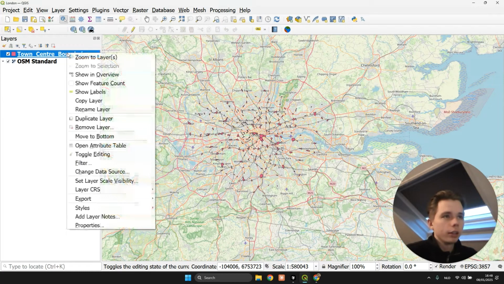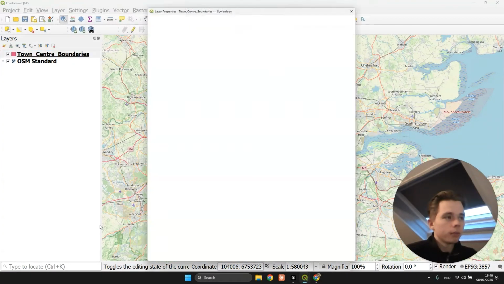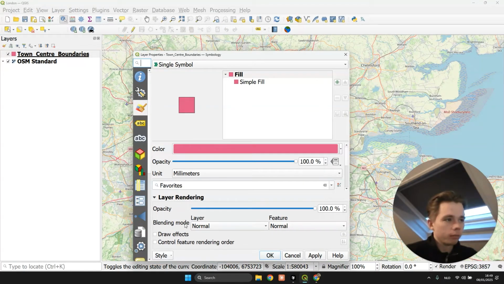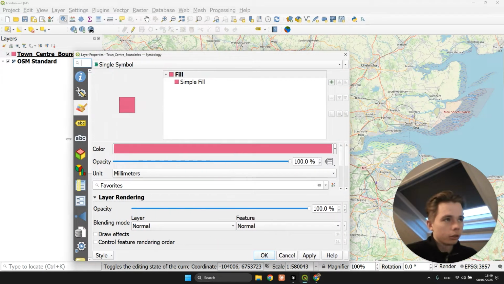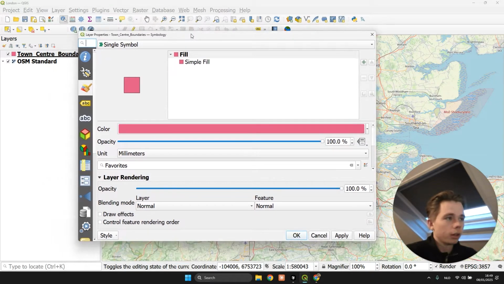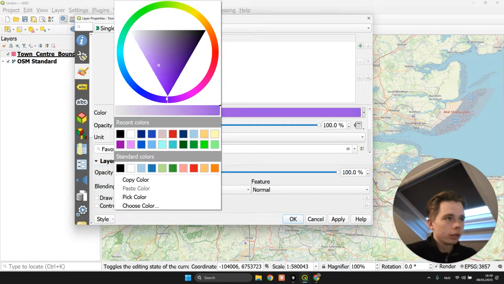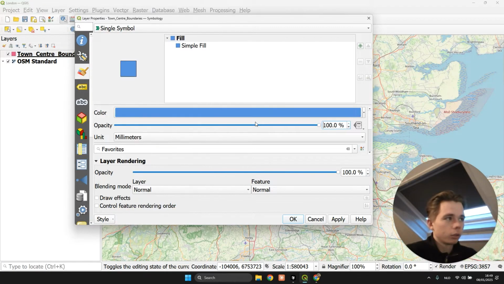We can actually right-click this layer and click Properties, and we'll see a few options right here. So currently it's opening this tab right here, which is about the symbology. And here we can edit the color of our layer. I can also make the modal a little bit bigger so that I have a little more space to see what I'm actually looking at. Now if I click this drop down right here, I can select which color I want to use. So in my case right now it's all changing to blue,